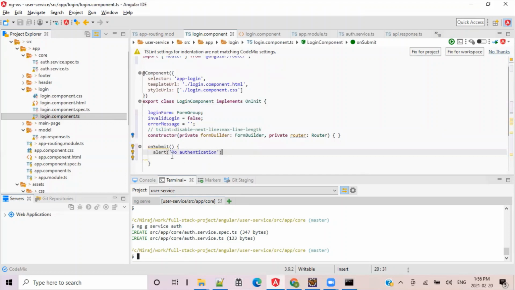So here what I want to do, let's say this is console.log. So instead of popping up the message, it will simply print on the console, so we can debug that. And then here I want to access that service, this auth service. So before we can access it, we will need to specify here